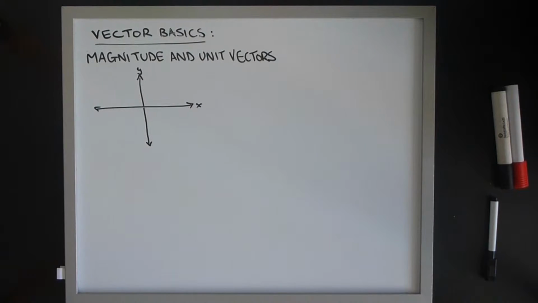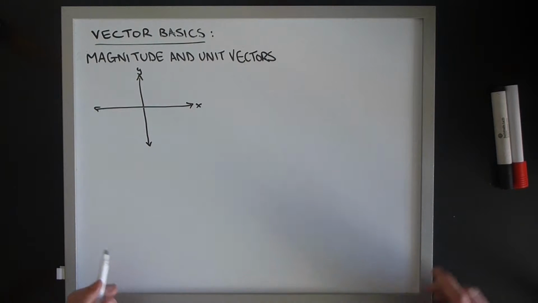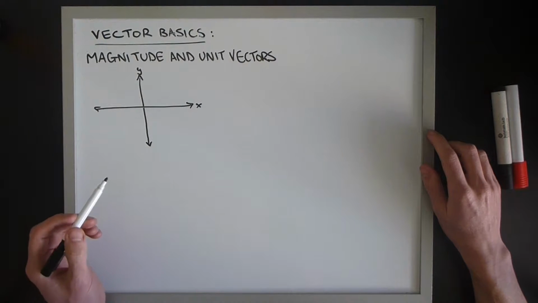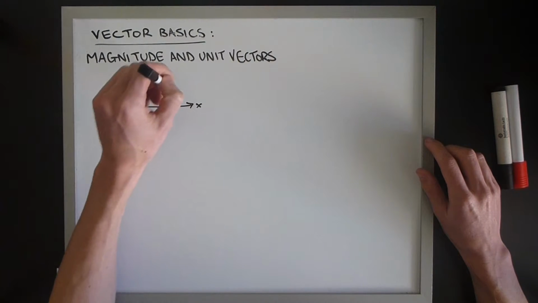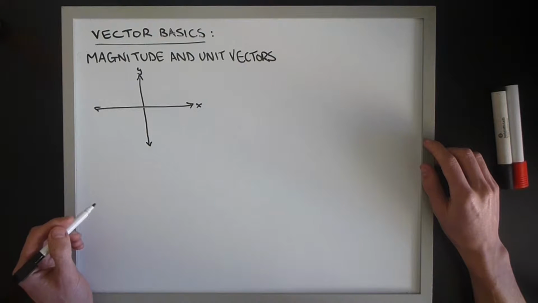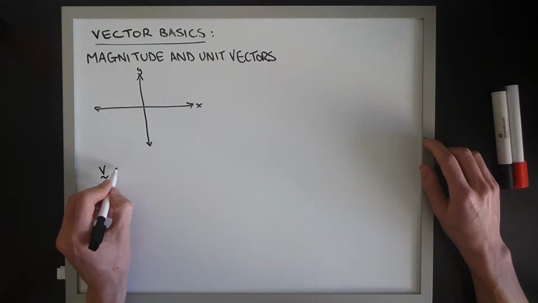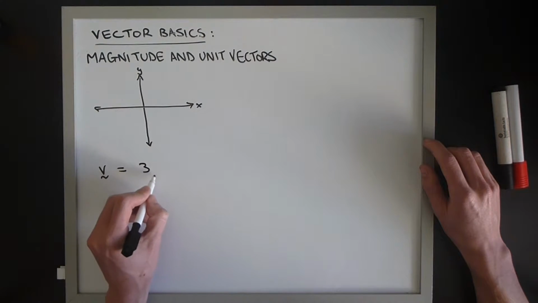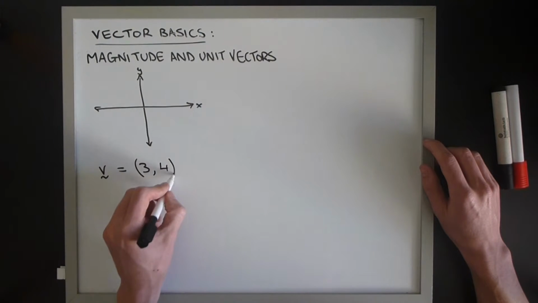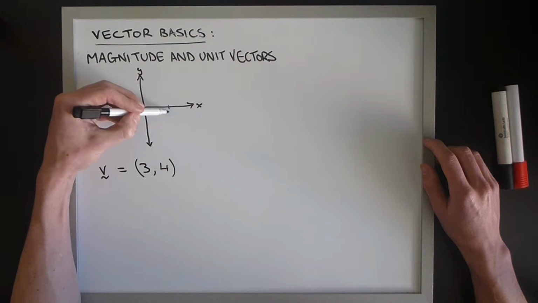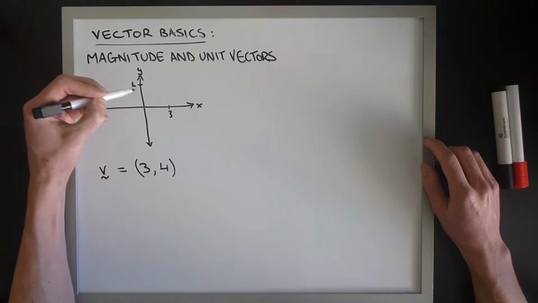Okay, this is another vector basics video in which I'll be going through magnitude of vectors and after that unit vectors. So the magnitude of a vector is the length of the line that the vector makes on a graph. So the vector v that equals 3 and 4, if we were to plot that on our graph, go 3 and 4,